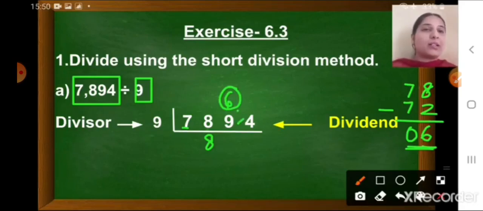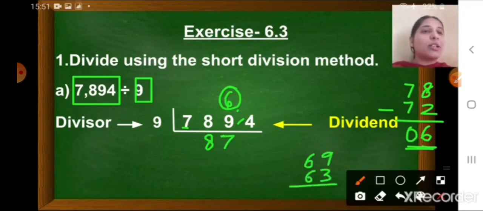So now we have 69. Now just see the multiplication table of 9. That should not be more than 69. So 9 7s are 63, 9 8s are 72, will be more than 69. So we will write here 9 7s are 63. Now 69 minus 63. What you will get, children? You will get 9 minus 3, 6, and there you will get 0. So that 6 we will write just above the next digit of the dividend.